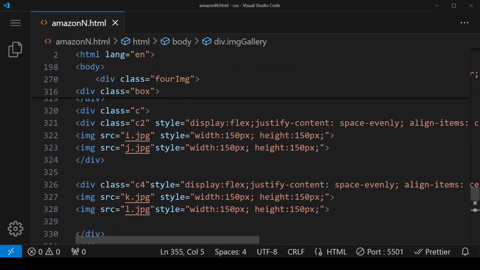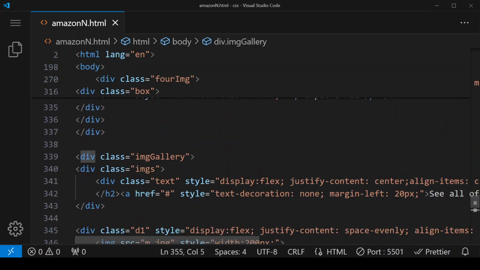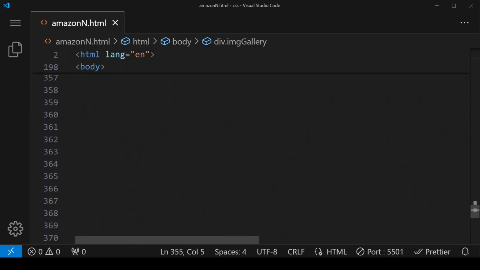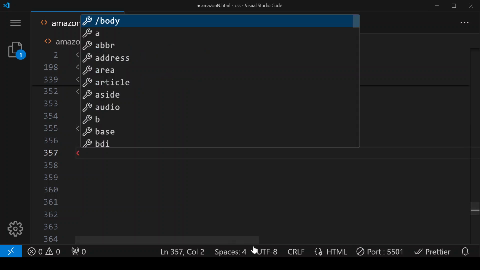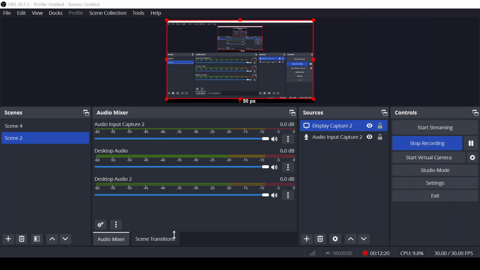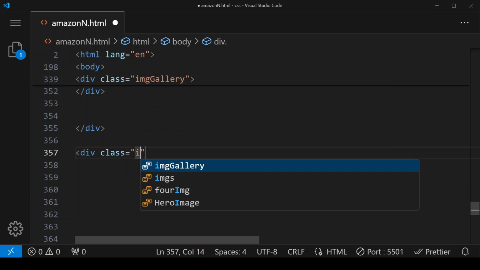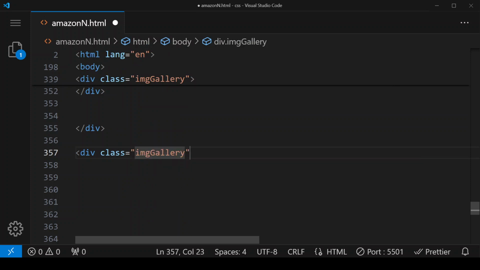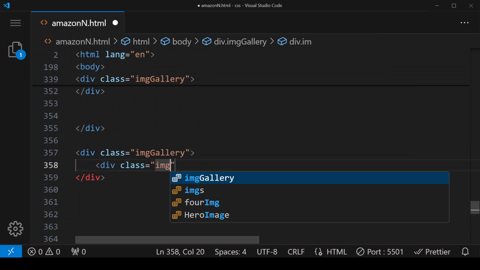After this IMG gallery div, we have to start one more div. Class equals to, same thing we have to give, same class, that is IMG gallery, and within this we have to give one more div, to which we'll be assigning a class IMGS.